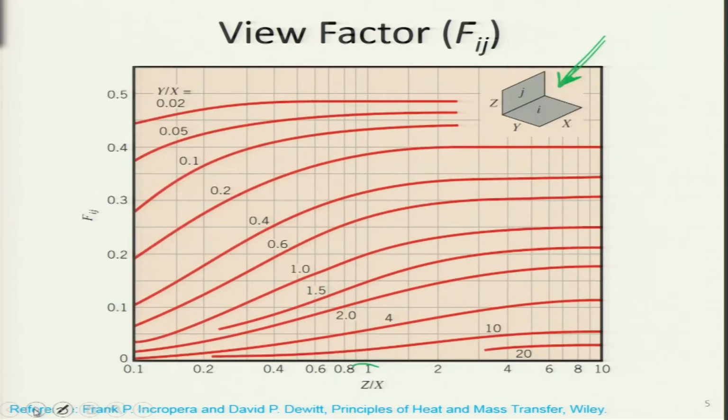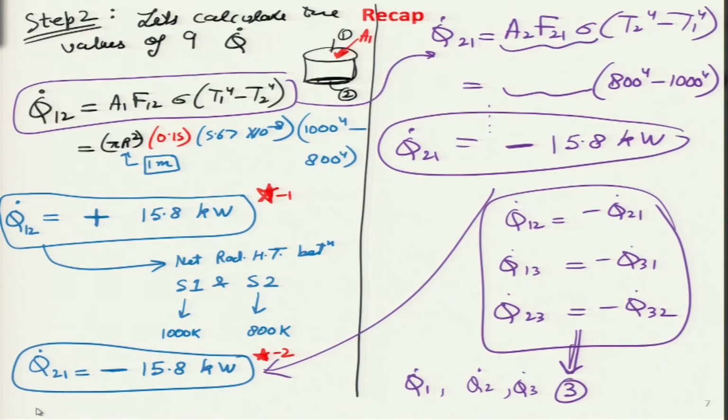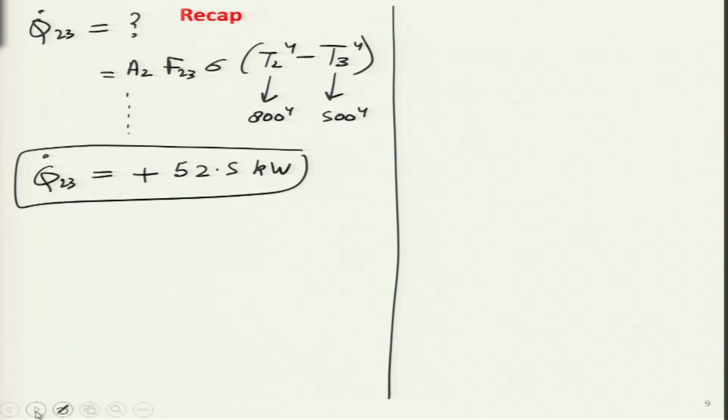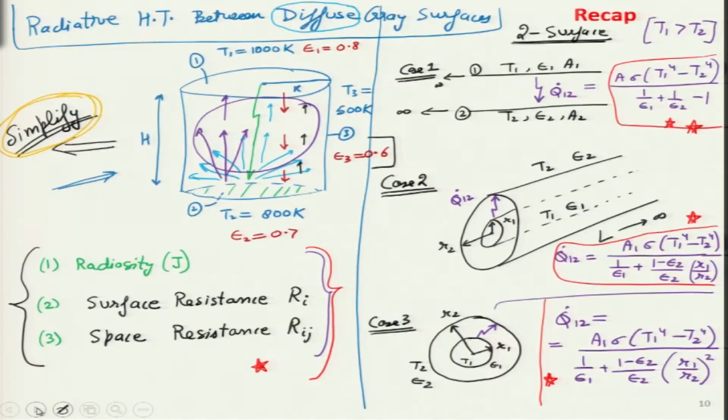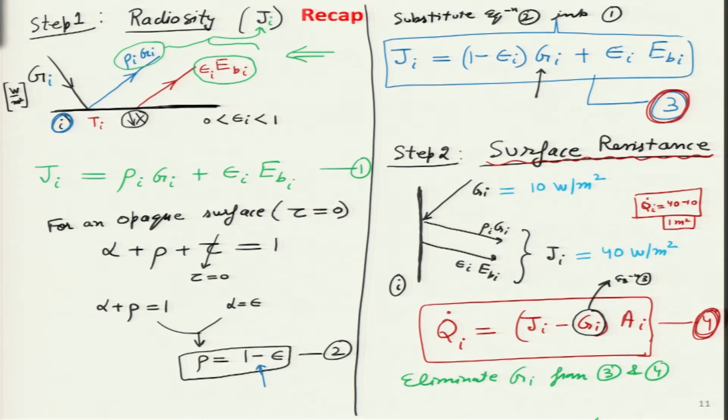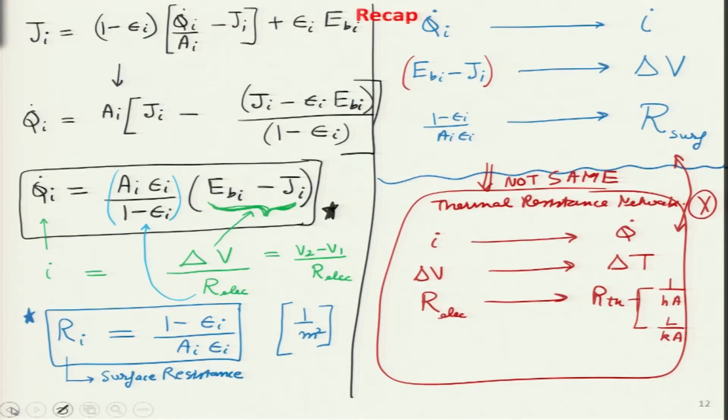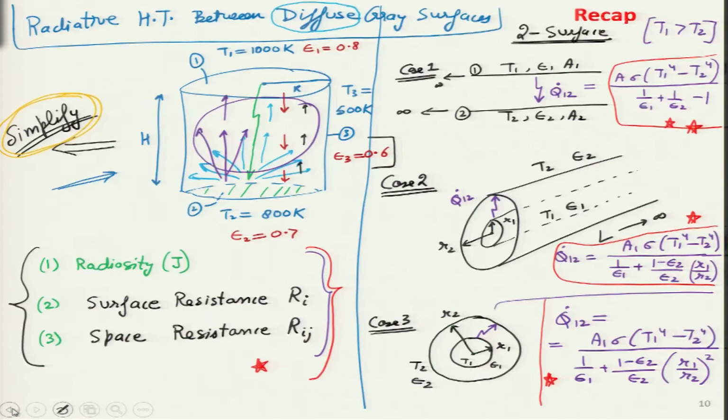So, I think view factor charts we have looked at a little time back. So, these I am going to go ahead a little quickly and this is the slide. Last lecture we had looked at radiative heat transfer between diffuse and gray surfaces. If you remember, we started off the lecture by looking at some very complicated scenario as shown over here.